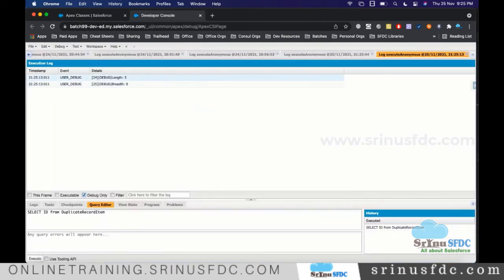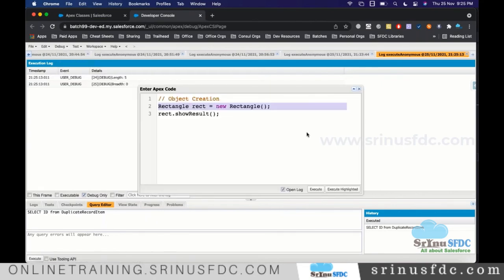Let's say I want to create one more object. It is possible. I can create one more object, but it should have some uniqueness, right? So when a car is manufactured, they give some unique engine number and some unique thing they generate to identify the car, right? In the same way, here we have one class, and when you are creating multiple objects, each object name should be different to differentiate. Okay, here I'm giving the object name as rect2.